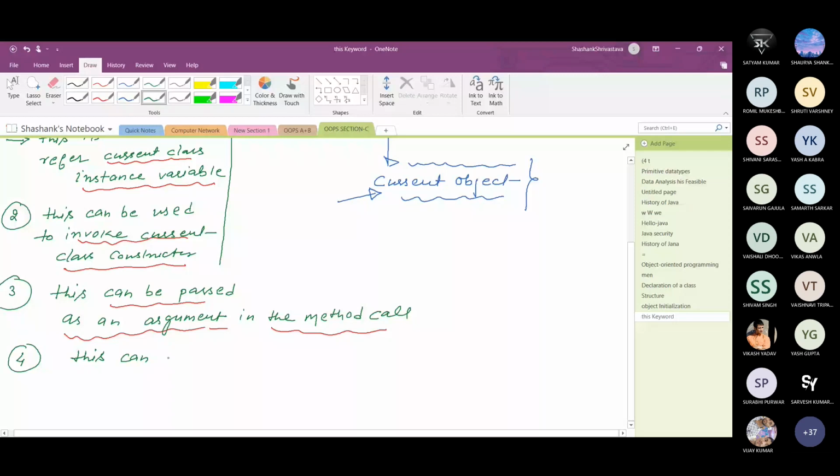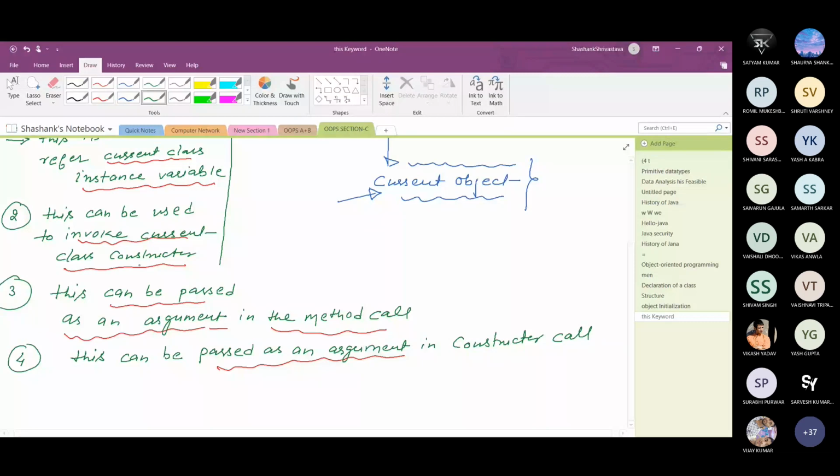It can be passed in the method as well as in the constructor. So for both method call and constructor call, we can pass this as an argument. This is the fourth use.